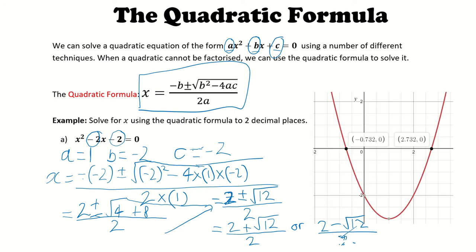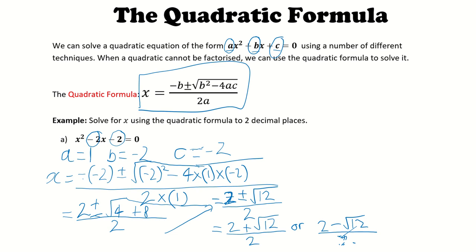So I want you to practice typing this into your calculator. So I'm just going to do it into my calculator. I'm going to do 2 plus square root of 12, and I get 5.46, and then I'm going to divide it by 2, and I get 2.73. So my values of x, and I'm just going to write it up here because I'm running out of room, my values of x are 2.73,